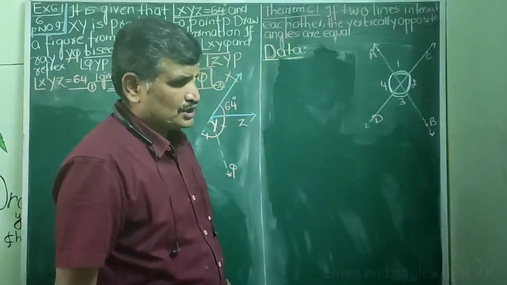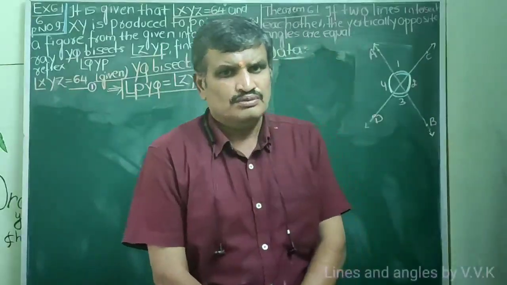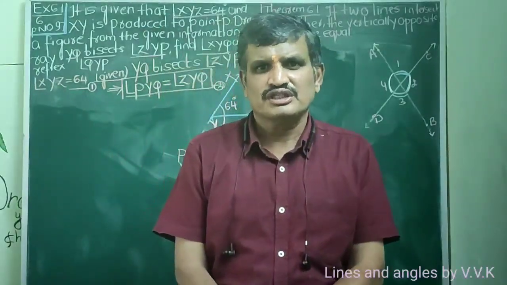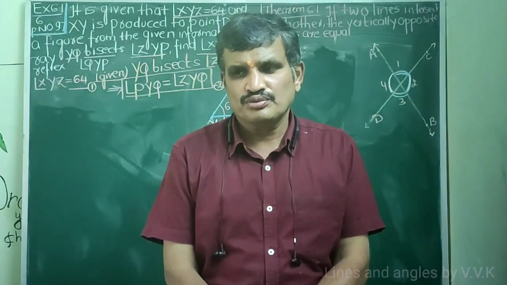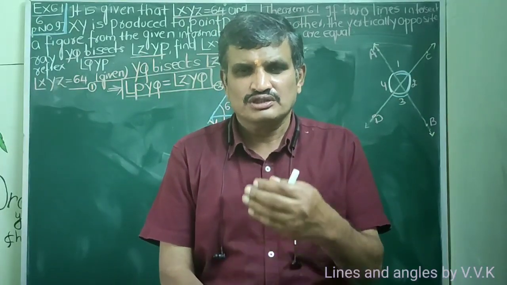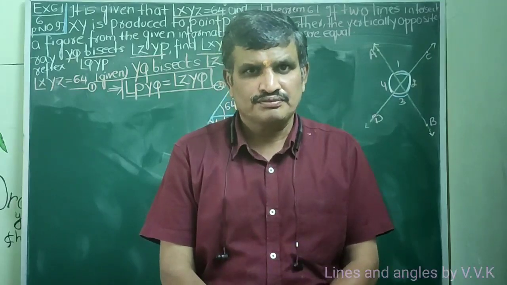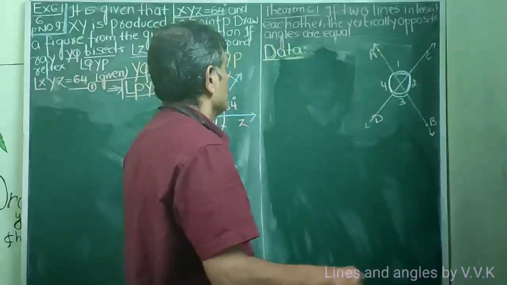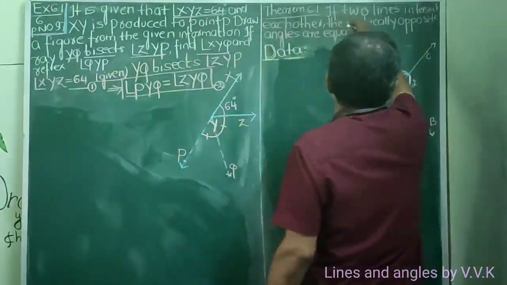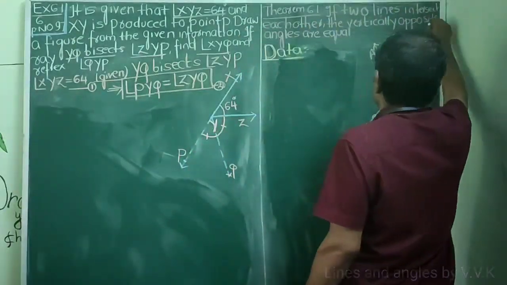Now actually, proof of theorem, it is for the first time that class 9 students are learning. So if at all you want to prove a theorem, theorem is what? A statement you have to prove with logic. How? By using systematic steps. For example, here the statement says, if two lines intersect each other, vertically opposite angles are equal.